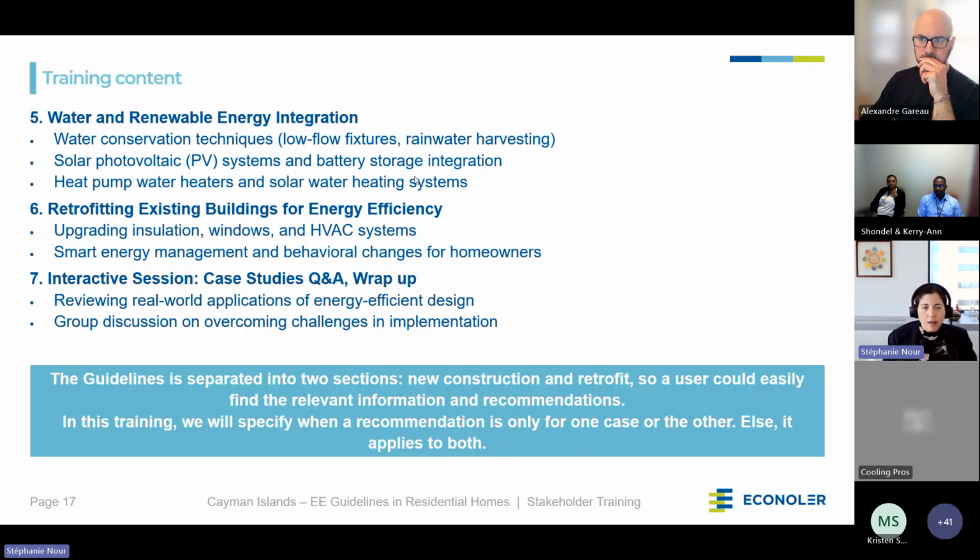And water is a scarce resource, so we also look at it from that point of view. Talk about retrofitting, and then we'll have some type of interactive session with some case studies and Q&A, and wrap up. And we'll have a post-training